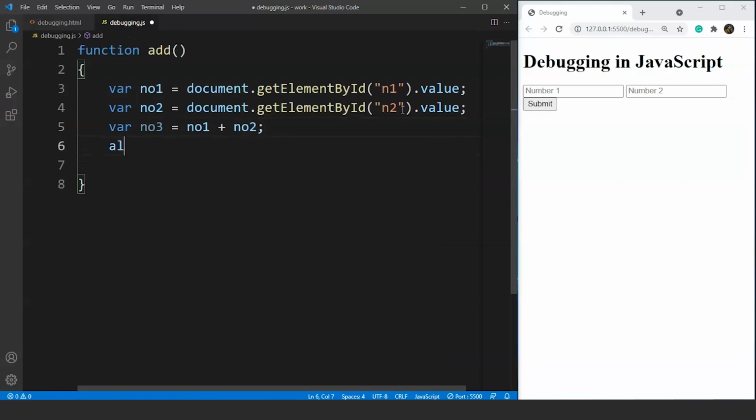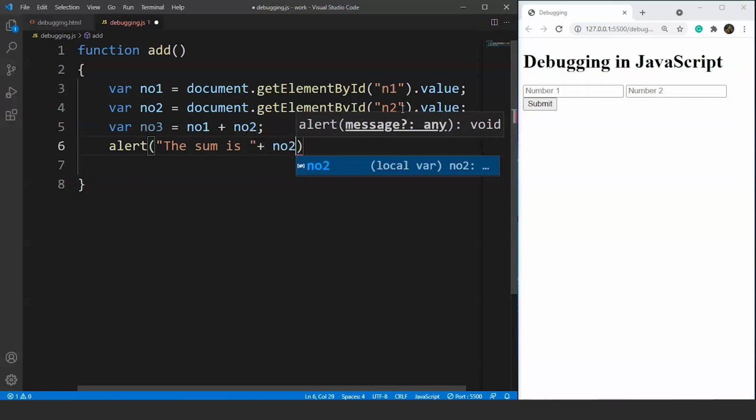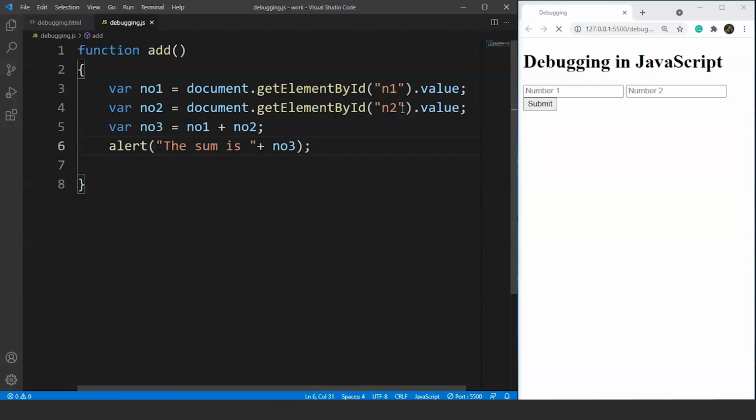And the last thing we'll be doing here is we'll be using the alert keyword, and we'll be printing the output on a browser. So we'll write here the sum is plus number 3. Fine. Now save it.